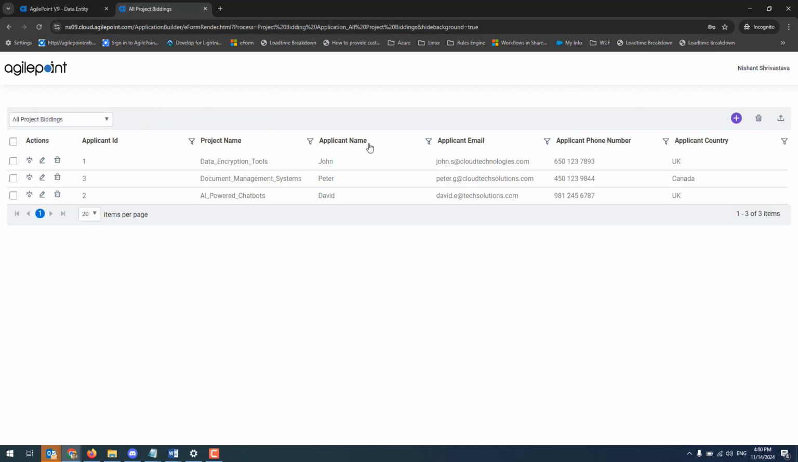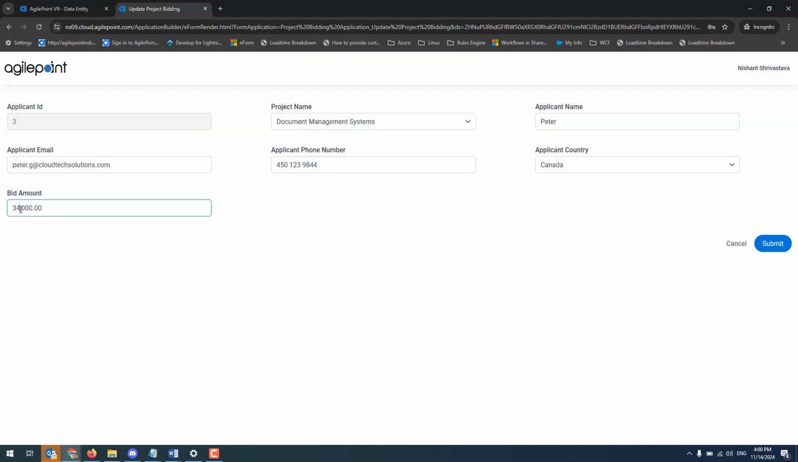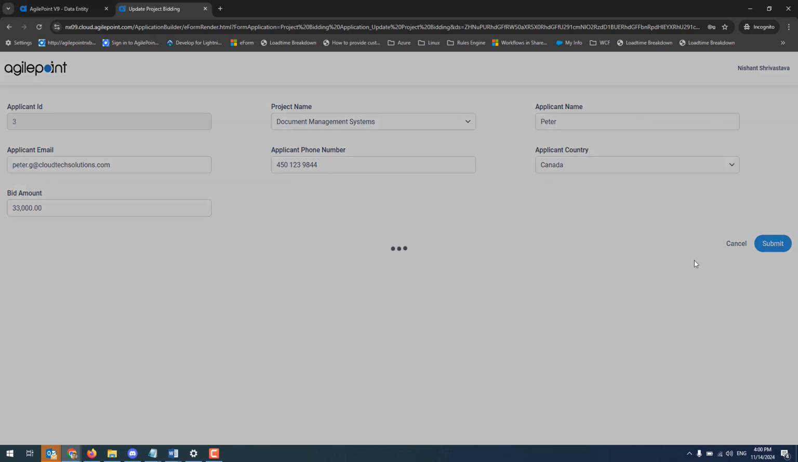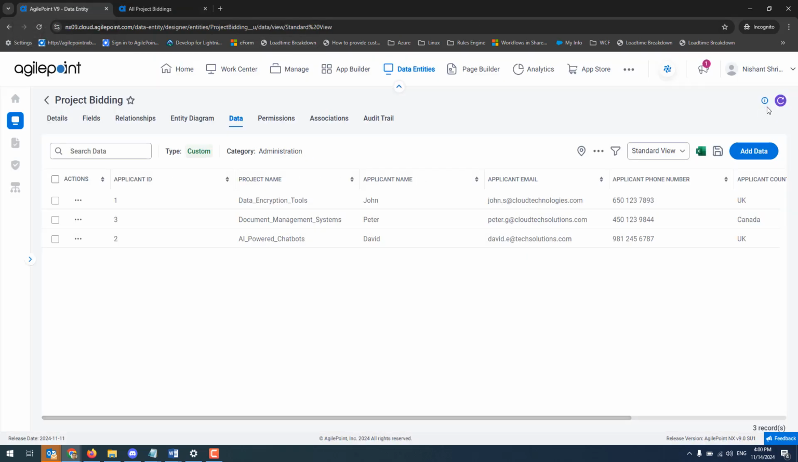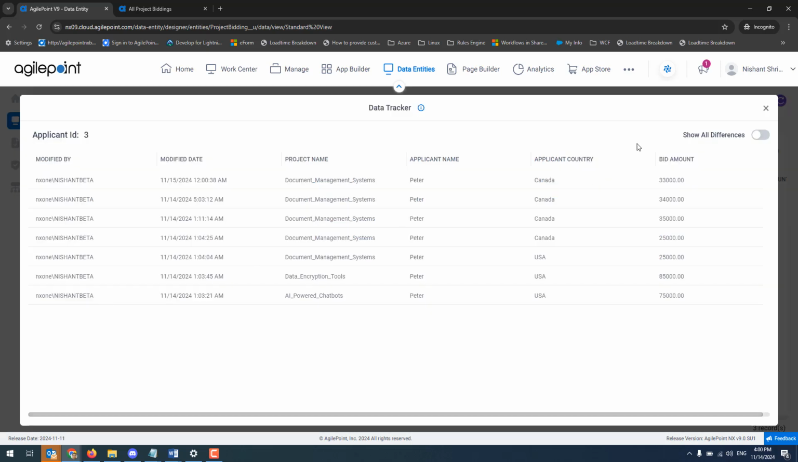So if I go in to my application, record number 3, I'm now in a form-based application, and I'm going to change it. So say 33,000, click submit. So the data has been modified. Now I'll just quickly bring it up. So as you can see, the 33,000 row is showing up,